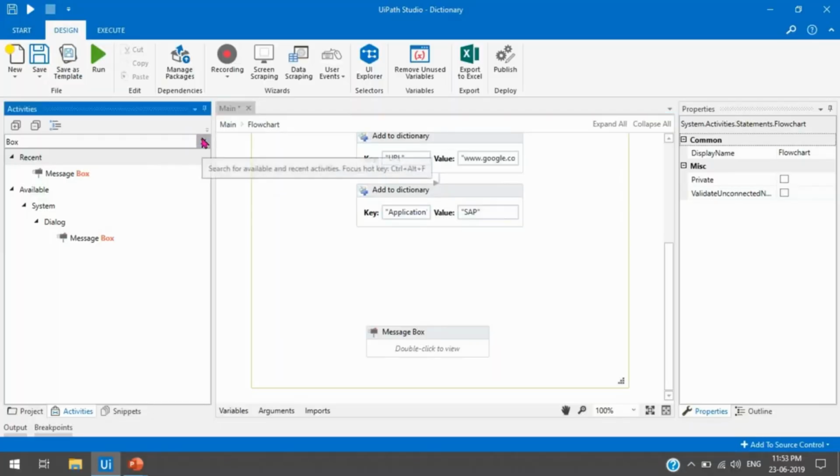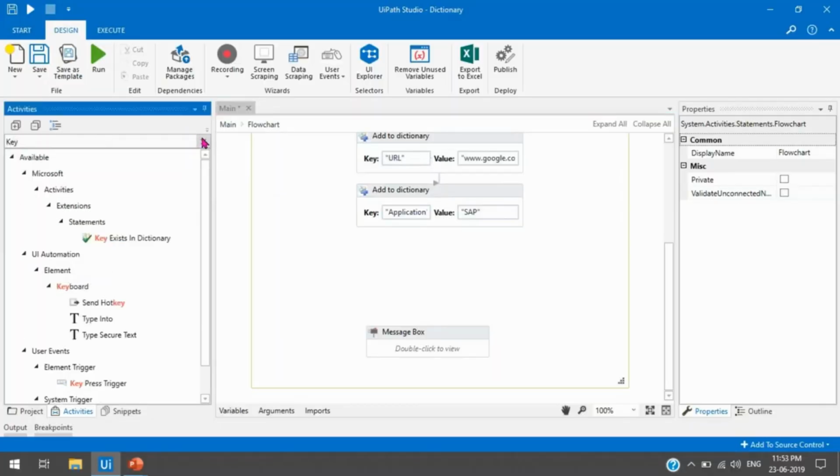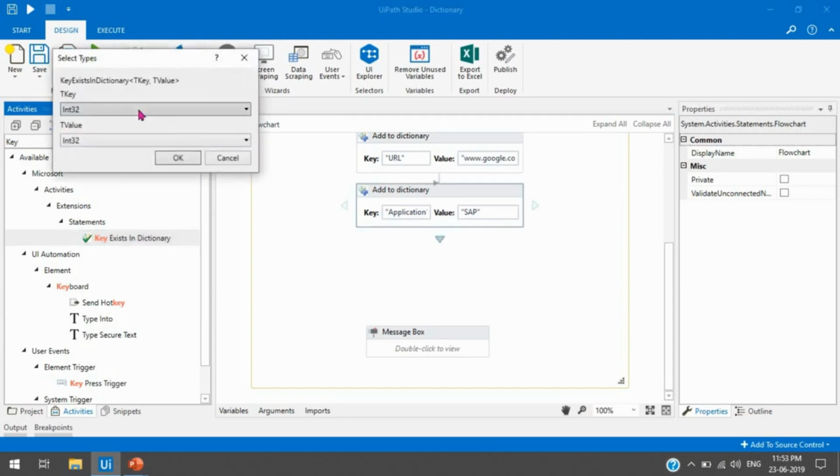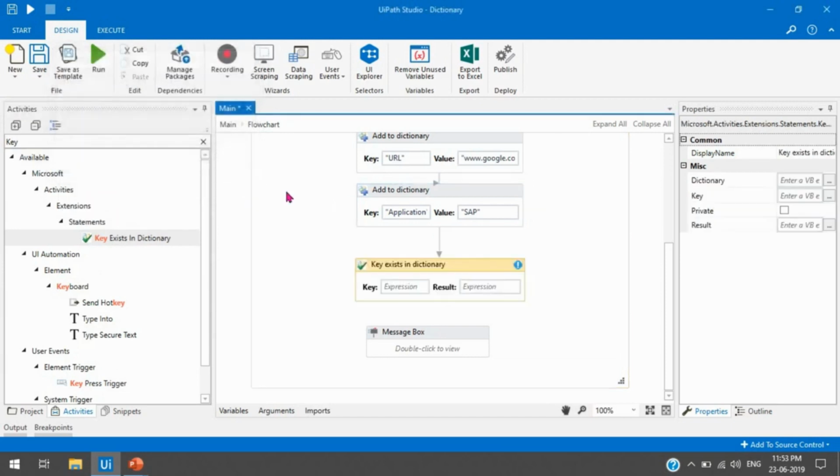So we'll take this key exists in dictionary, and we'll select the key type, and this will be string, and press OK. So our key will be, I'm going to just check that the URL is already available in dictionary or not, and I'm just going to take the result.